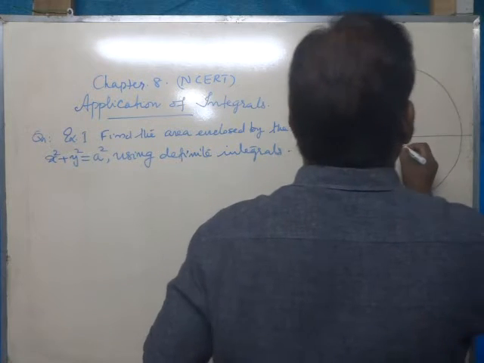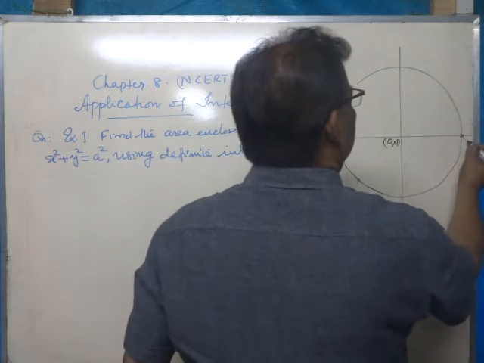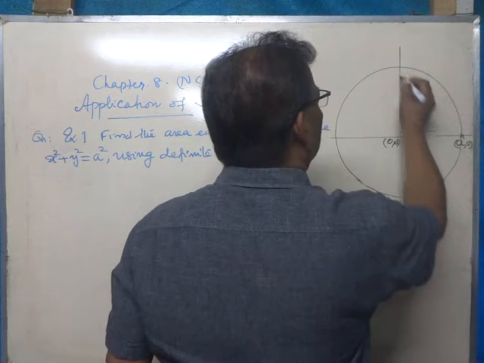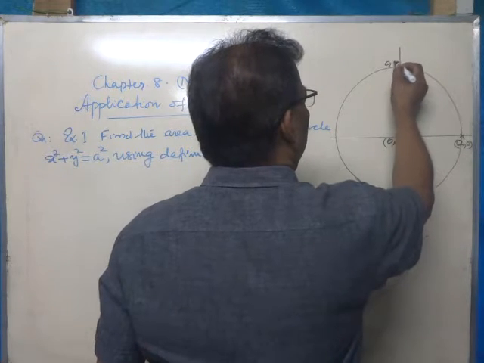This is the origin and its radius is a unit, therefore this point will be (a, 0), this will be (0, a),